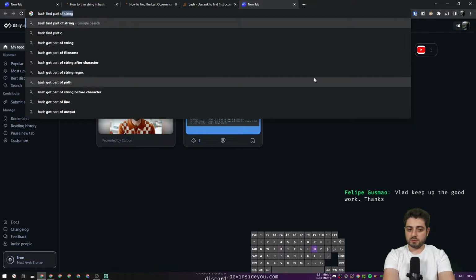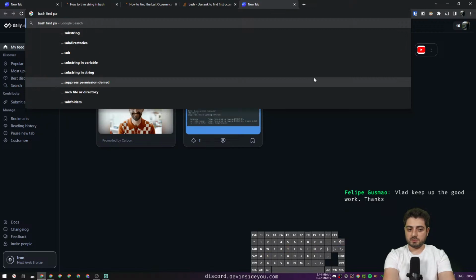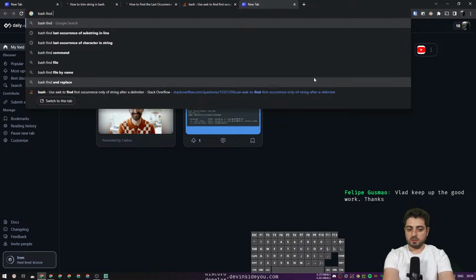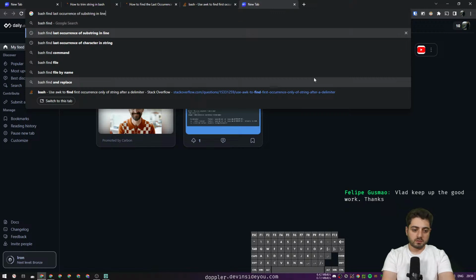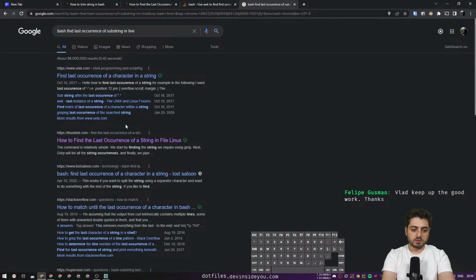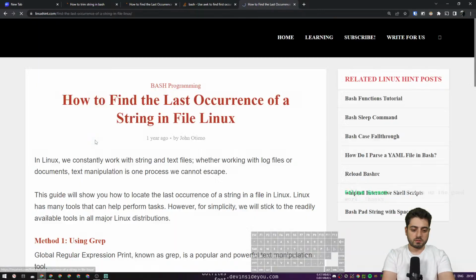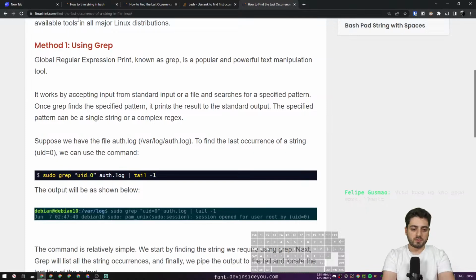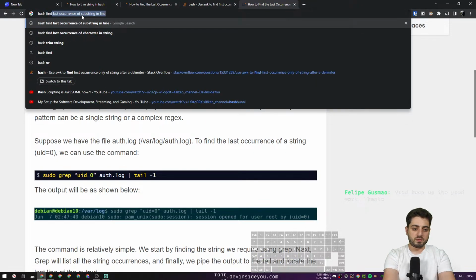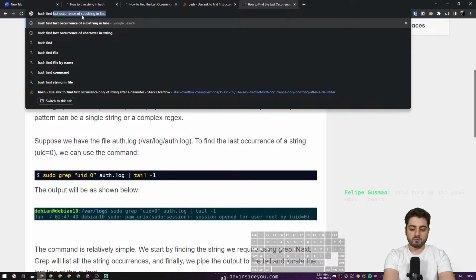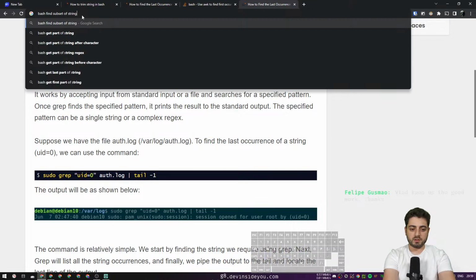Find part of, not find. Is this it? No, this is what we just found. Okay, hold on. Bash find subset of string